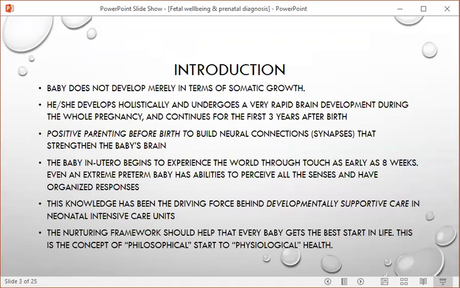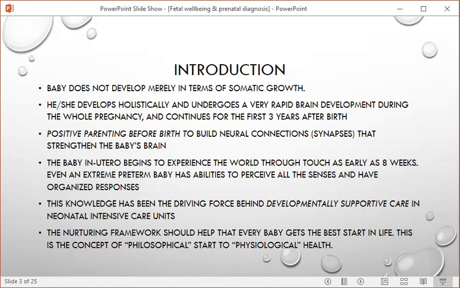Babies do not develop merely in terms of somatic growth. They develop holistically and undergo very rapid brain development during the whole pregnancy, and this continues up to 3 years of age. That is the reason positive parenting before the birth will build up the neural connections that are strengthening the baby's brain. Baby in utero experiences the world through touch, which is the initial sensation developed by 8 weeks